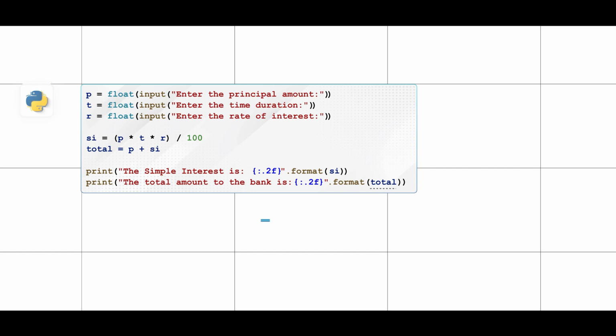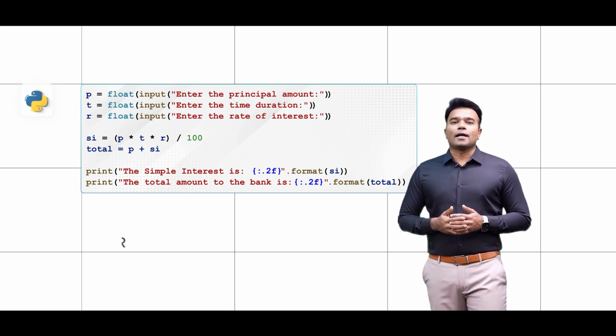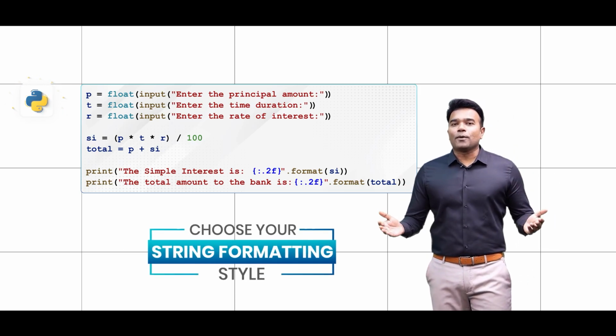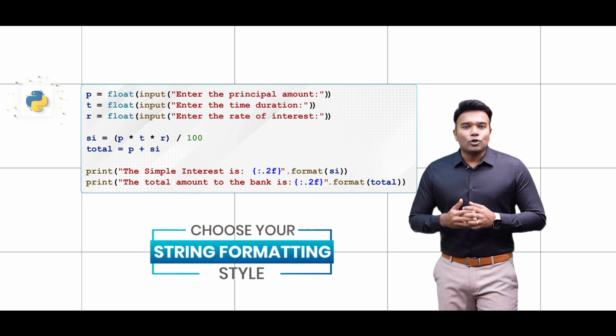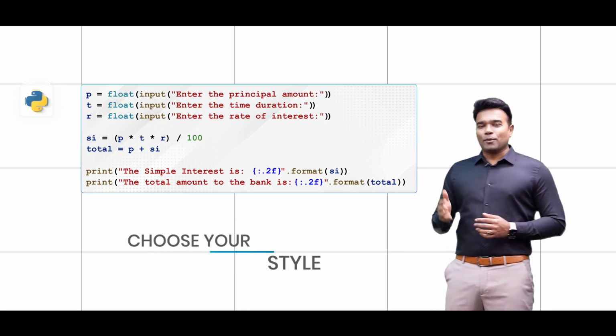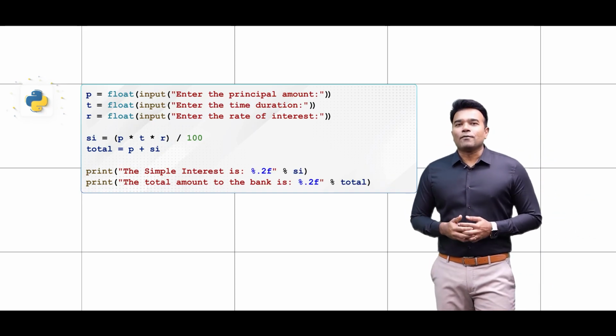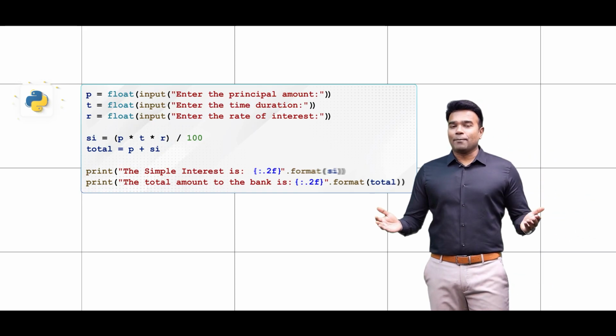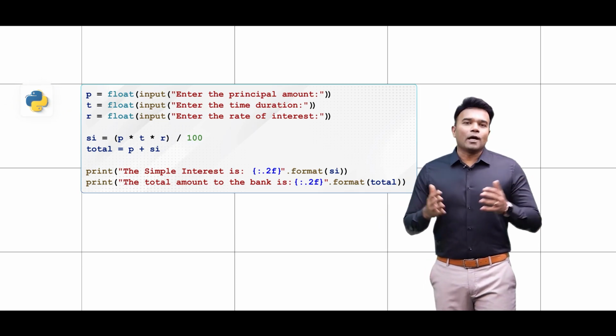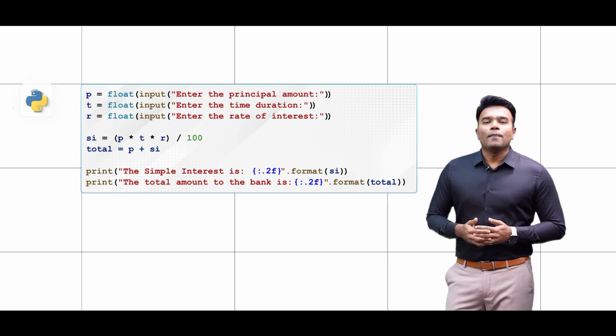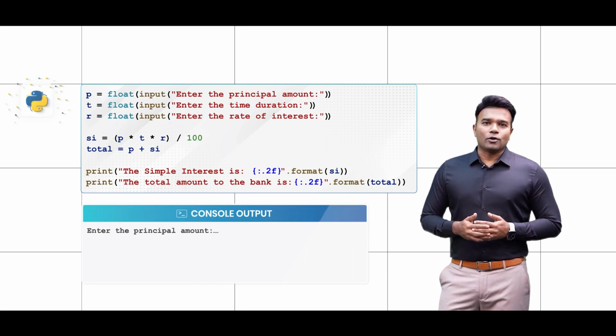Well, this style of formatting is what we refer to as the new style, but all said and done, I would again wish to tell my learners that whatever style of formatting you are comfortable with, you can definitely continue to use the same. But it was my responsibility to communicate to you that this is the old style of formatting the output, and this is the new style of formatting the output. And now that you have understood all of this, upon execution, again you can notice that it is